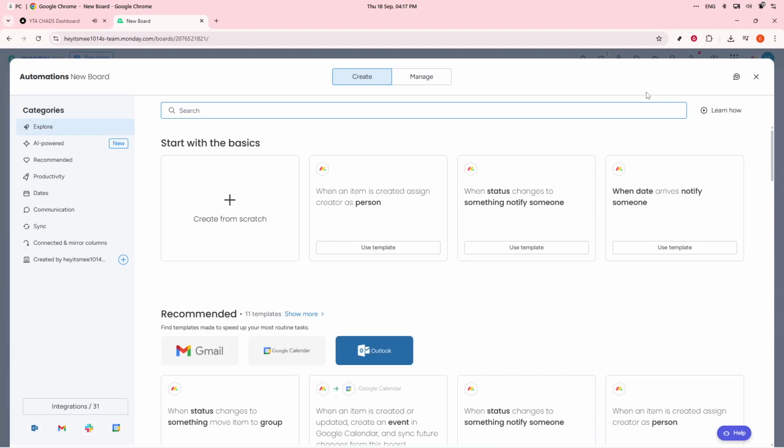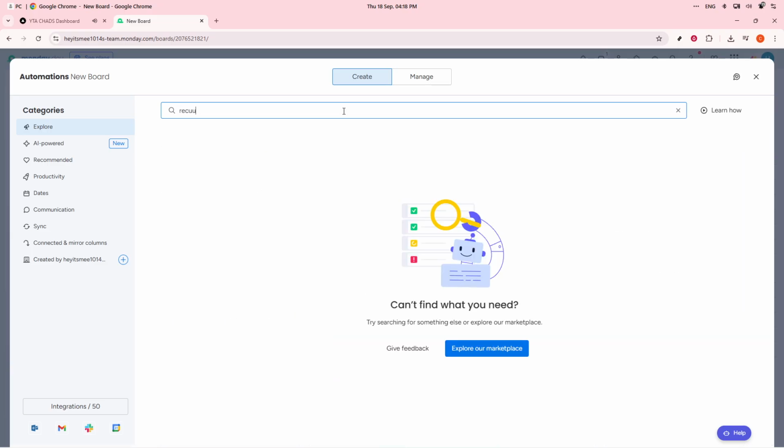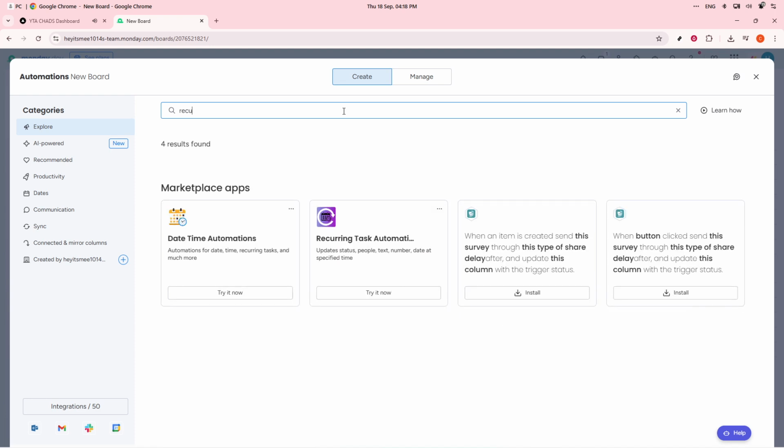Now, when it comes to choosing the right automation recipe, you have several options. You can select something like every time period create an item. For instance, you might set this to create a new task for a weekly team meeting every Monday at 9 a.m. Or if you prefer to have tasks set monthly, you could use every month on this date, create an